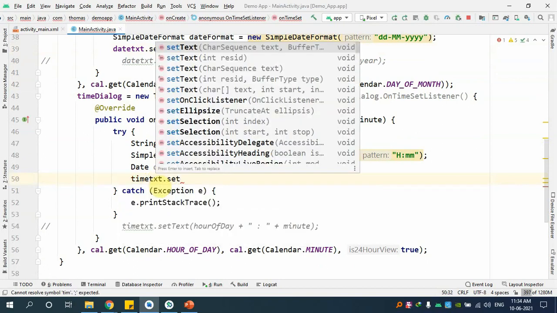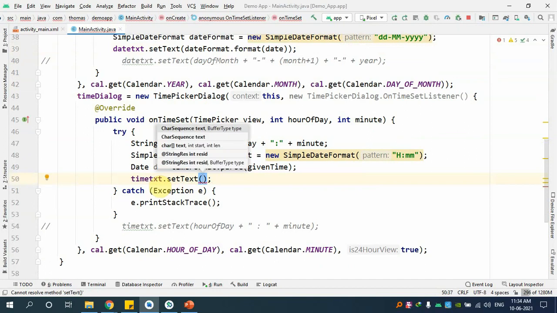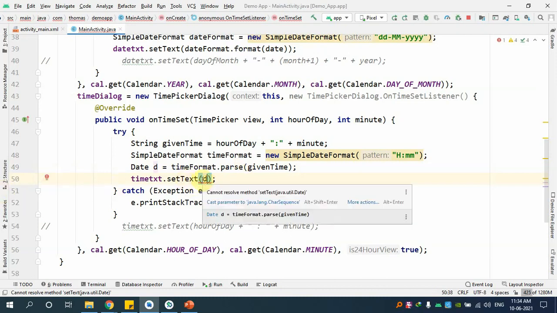Please note the only possible thing I can pass to setText is a character sequence. But what you have with you is a date. Is it possible for me to pass a date here? No, it is going to be an error. Why? Because you cannot pass a date to a character sequence. You can see the error if you want. You can just move the mouse over there. It says it cannot resolve method setText to a date format, which means I need you to give me